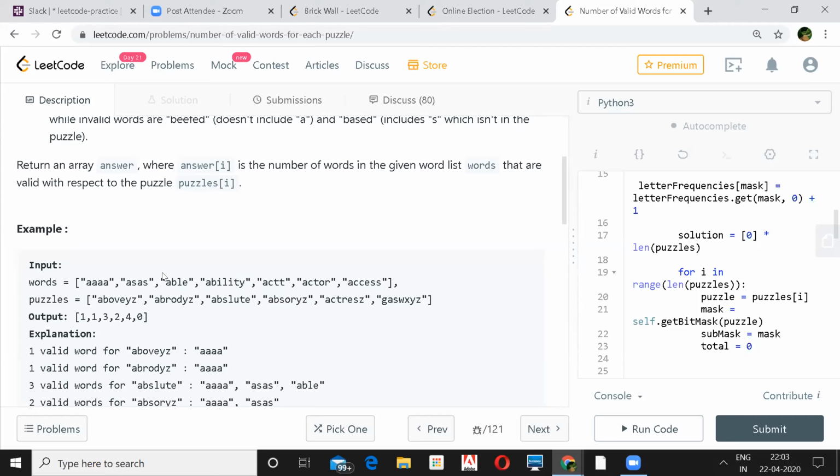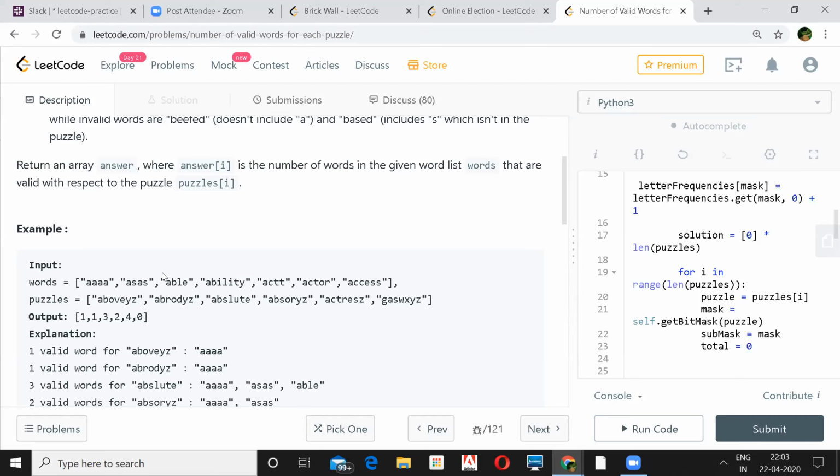Yep, exactly. I believe it will be much better than the hash set, because when we do lookups, we can do them in O of one time. With a hash set, I believe we have to iterate through each letter. No, the hash set access time is also O of one. Yes, access time is O of one, but in a word there are multiple letters, and we have to look for each letter to see whether it exists in the hash map or not. How would the hash set actually work here?